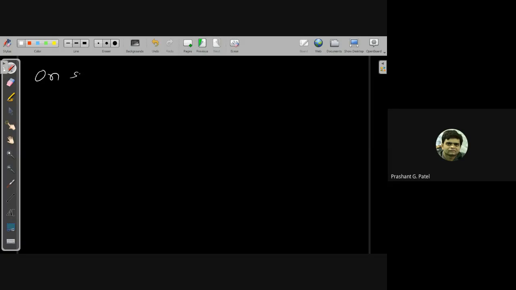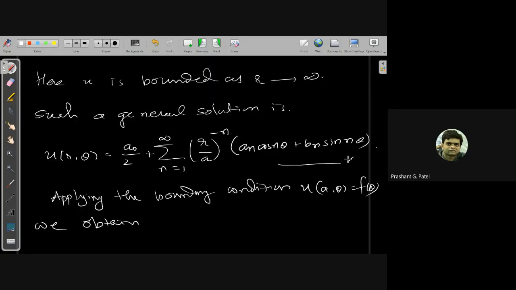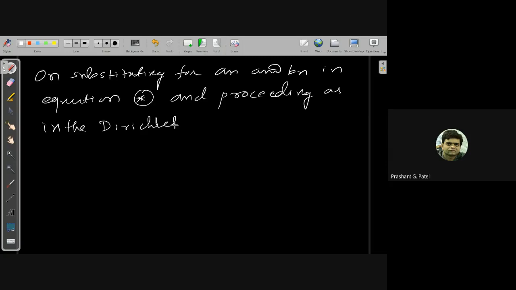So on substituting for an and bn in the equation, which I call equation star, and proceeding as in the Dirichlet problem for the interior of a circle, we get